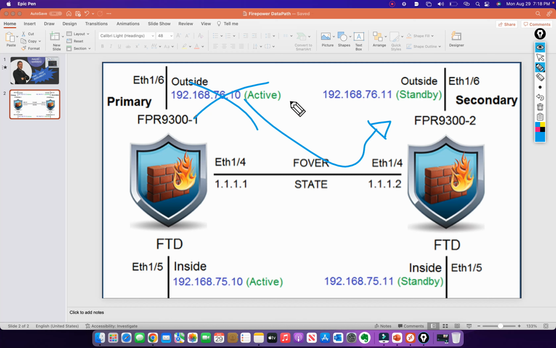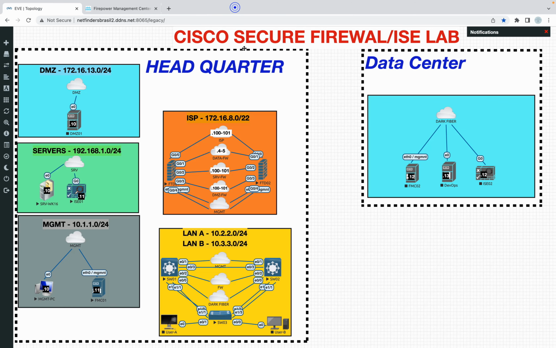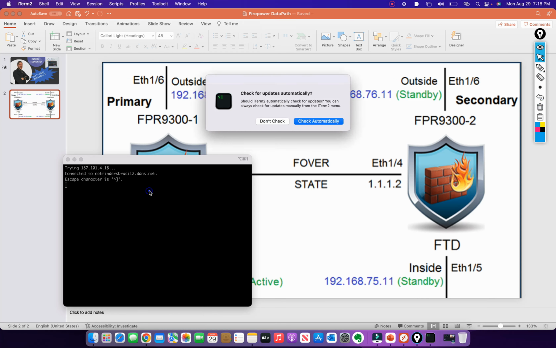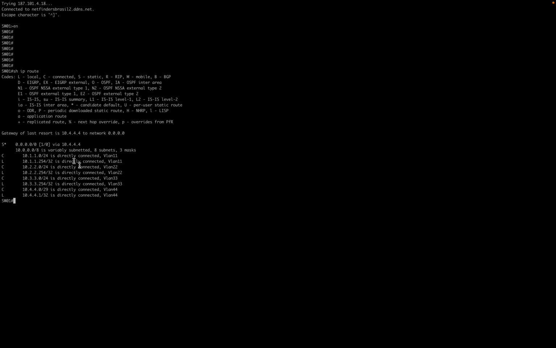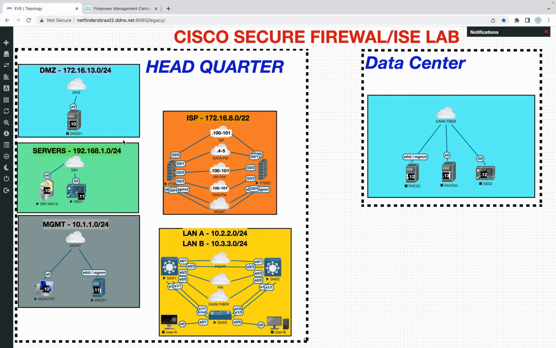So basically, we will never point our switch to the individual firewall IPs. In our case, we have this switch pointing to the firewall. Let's jump to the switch pretty quickly just to see the default route. On our switch I say show ip route. We can see that it sends all the traffic to 10.4.4.4, and 10.4.4.4 is the data interface shared between the FTD01 and